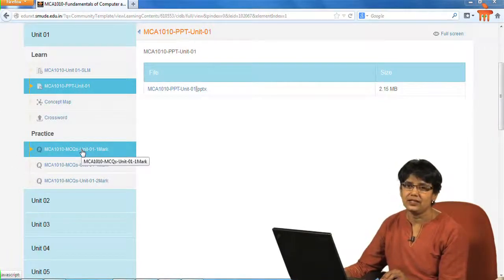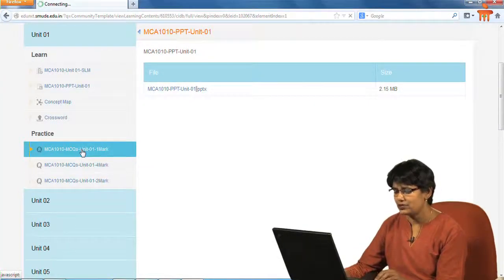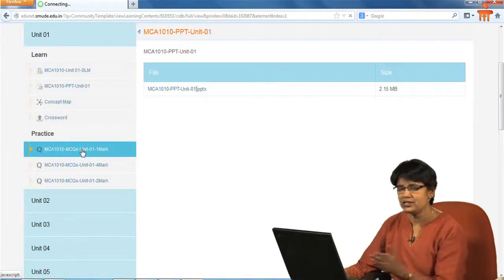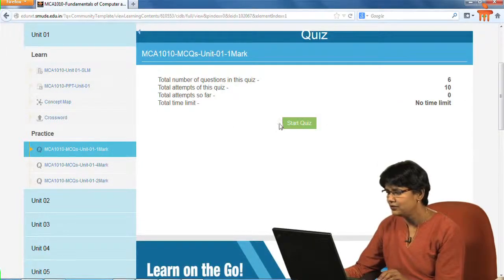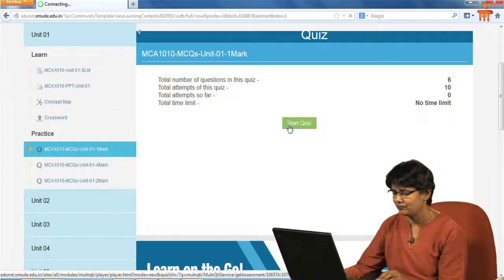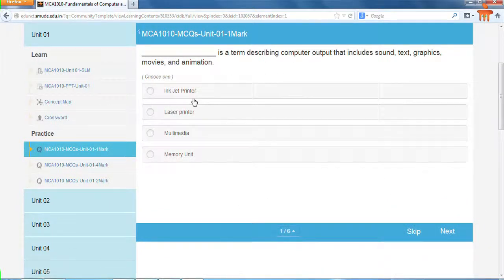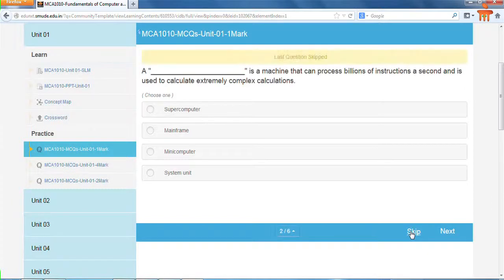And here you can see the practice quiz questions, which is again divided into 3, the 1-mark questions. You will see that these quizzes are available in another area too. Do we start the quiz here? You can either skip the question. You can observe that only when you skip the question can you move to the next. I'll show you an example. Okay, you can see here that the last question skipped is being displayed. Now I can go to the next question.